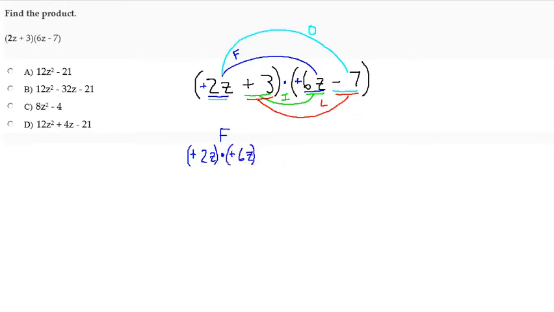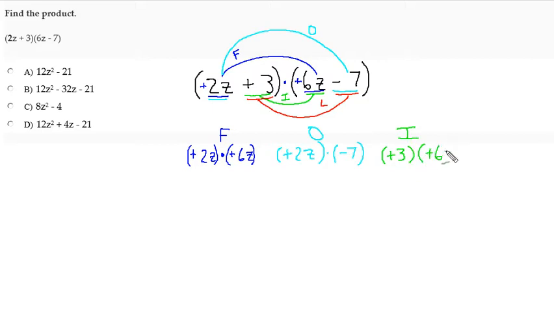Then we would find the, I'm just color coding these. Then I would go to the two that are connected with the light blue arc. We would say that positive 2z, there's one end of the arc, the other end of the arc is times negative 7. This is what we would call the outer partial product. Then we're going to multiply the two inner terms together, and that would be this. We're on the inner partial product of positive 3